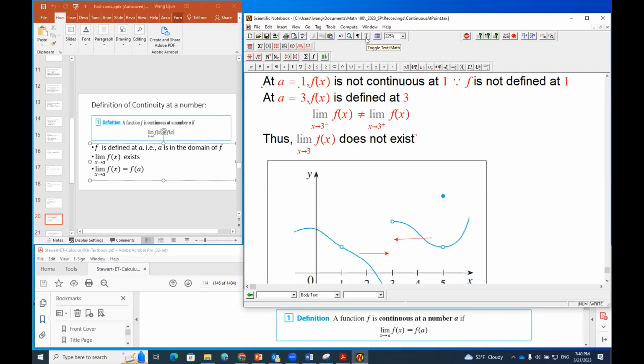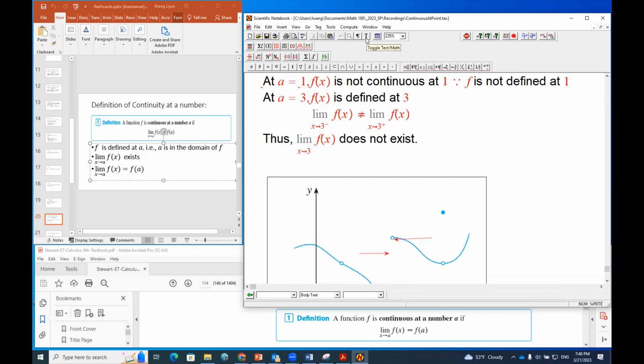One of the conditions is not satisfied, and therefore f of x is not continuous